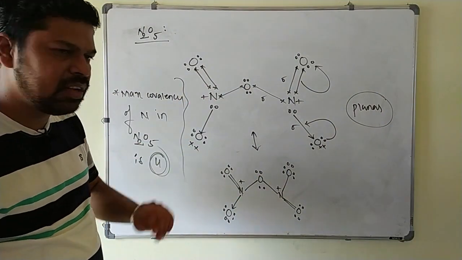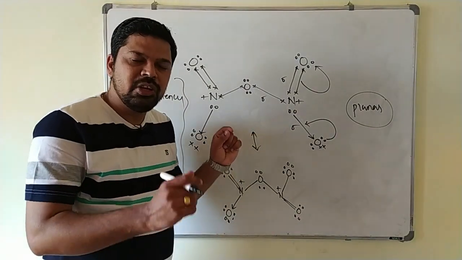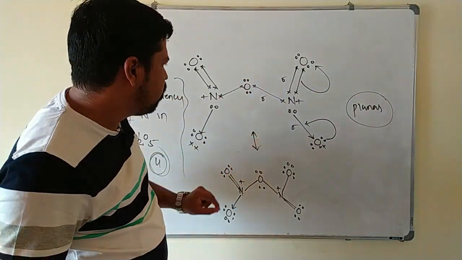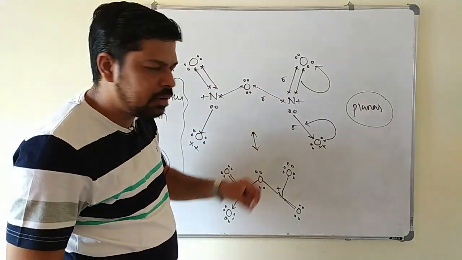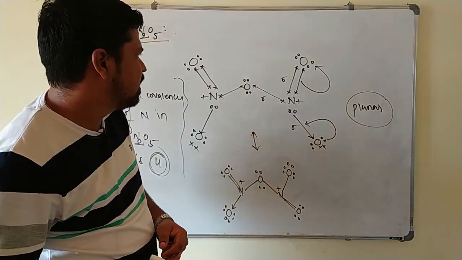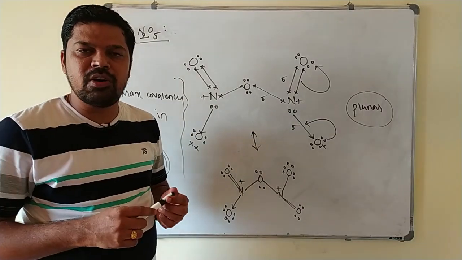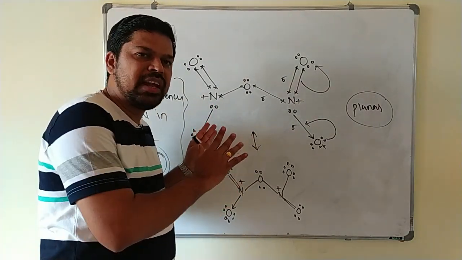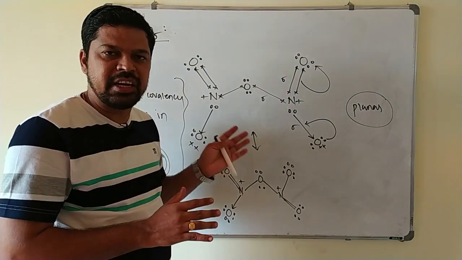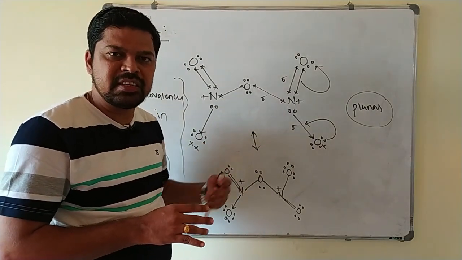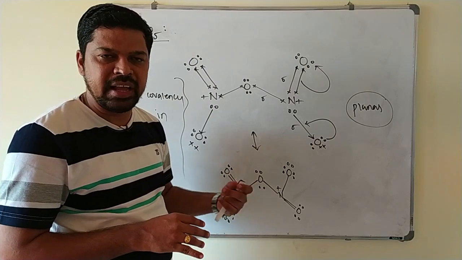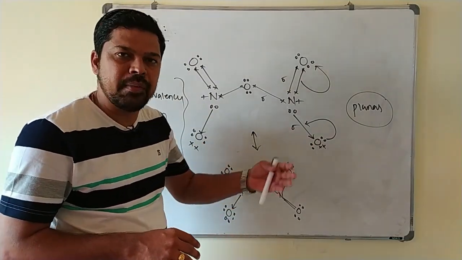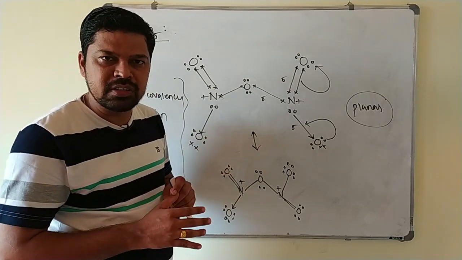These are the resonance structures. Better you write the valence electrons using the Lewis dot symbol, then form bonds with them and you will come to know easily. So these are the oxides of nitrogen. What you have to concentrate on is which are acidic, which are not acidic, which are neutral, their physical state, whether they are solid, liquid or gas, whether they are diamagnetic or paramagnetic, and why they undergo dimerization. All these things you have to concentrate on.